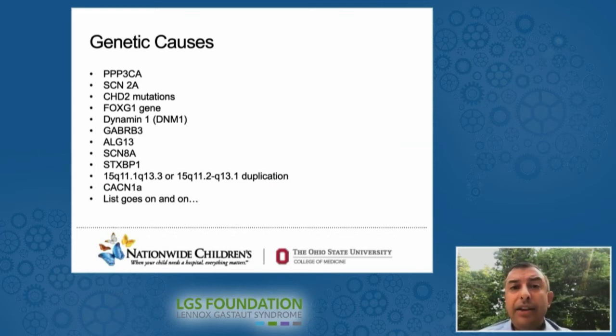How and why do these things lead to the network development of Lennox-Gastaut syndrome? You can also say that not everybody with these genetic variations is going to develop Lennox-Gastaut syndrome. In fact, that's very true, that not all these patients with these genetic variations are going to go on and have Lennox-Gastaut syndrome. So again, here's another time point for us to say why. What can we learn about these specific etiologies that help us understand those that do develop the LGS spectrum or those that don't?